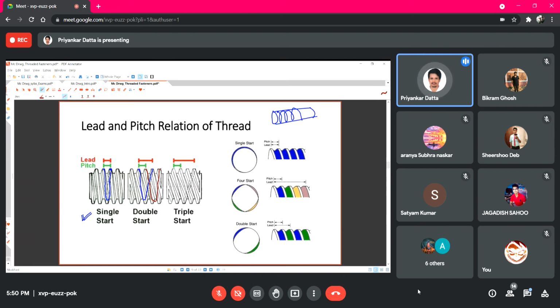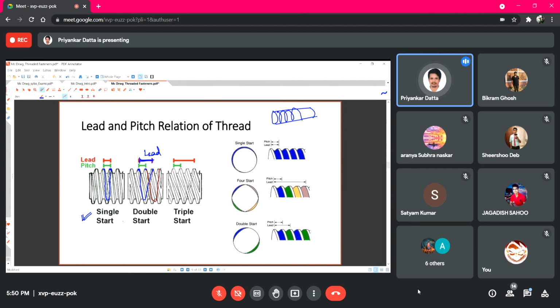So if we start from here on the blue line and reach, after one rotation, over here, that indicates lead. So for one complete rotation, starting from a point, wherever we reach, that is the lead. But pitch remains the same. The distance between two consecutive similar points over the thread is pitch. So all the green lines are pitch.